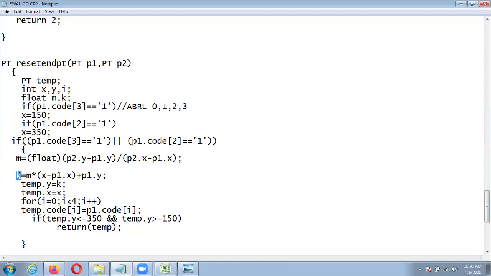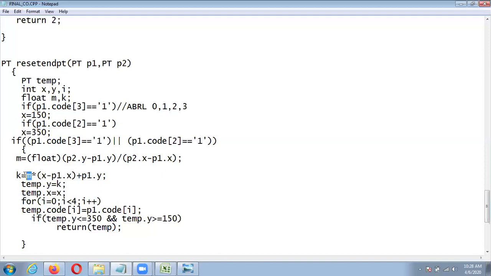After finding the slope, we are storing some y value in k. Here, if the line is at the left side or right side, we can easily find the value of x and y. If it is at the left side, then the minimum value of x is 150, so we'll assign that. If it is at the right side, then the maximum value of the window is 350, we'll assign it.